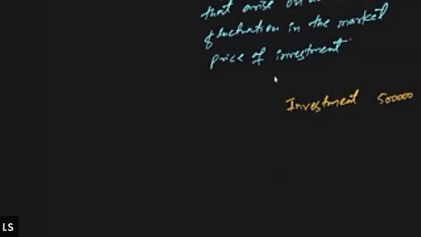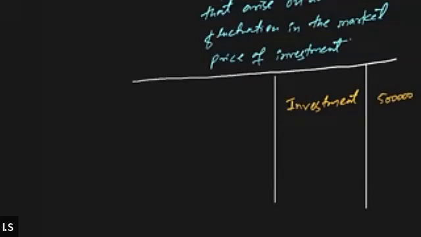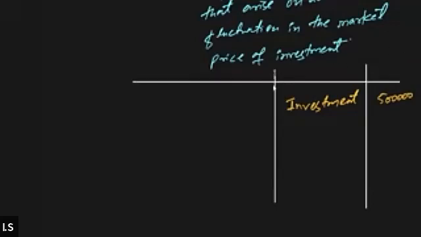So when you draw the balance sheet, you will notice that investments are always shown on the asset side of the balance sheet. So let's suppose this is the asset side, and on the asset side, investment is being reflected. So there is an investment of rupees 5 lakh, but